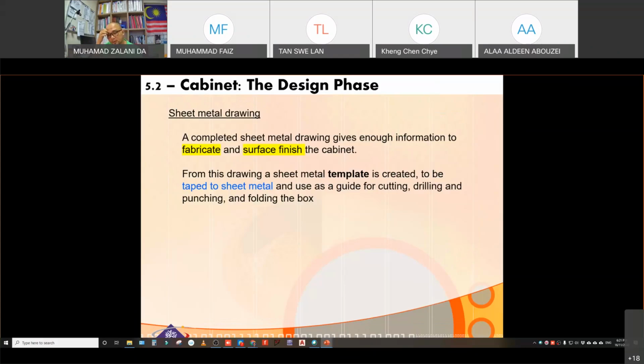It is something that we can stick on our sheet metal as a guide for us to make holes and to do bending of the sheet metal. All right,